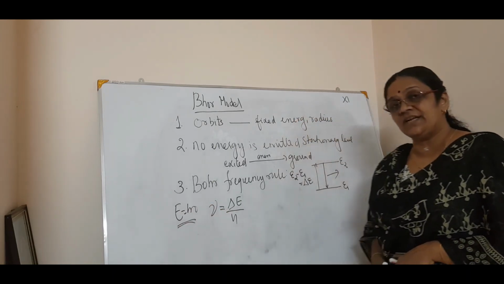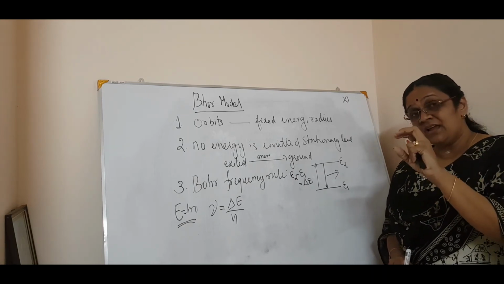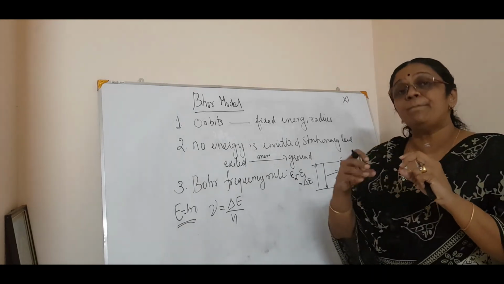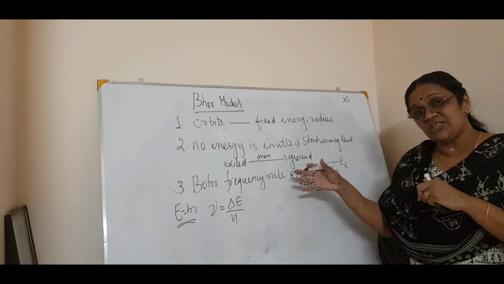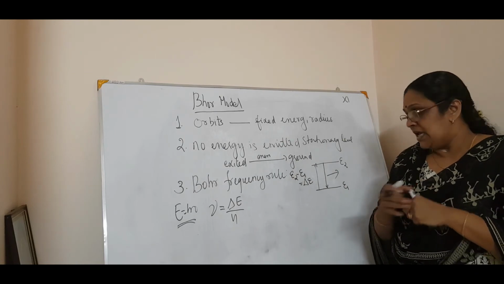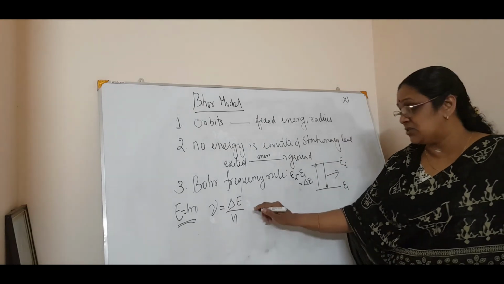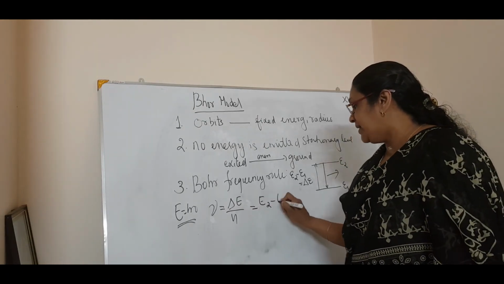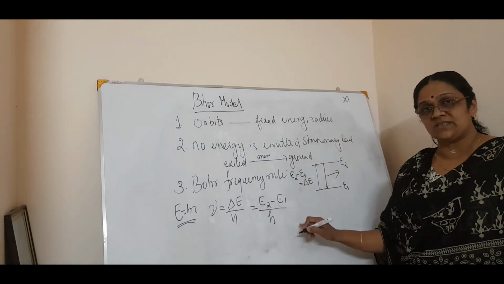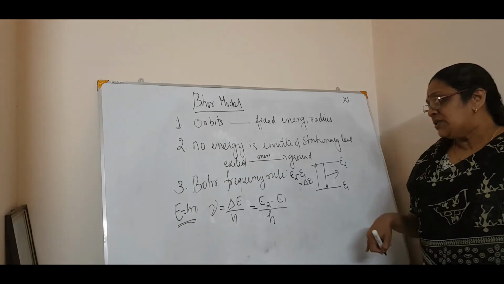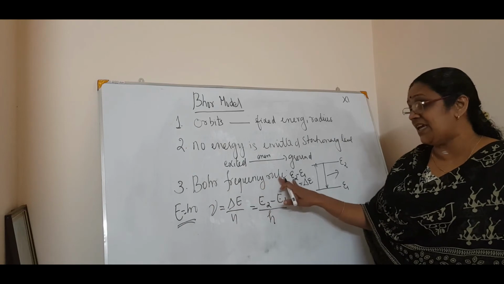Black body radiation you have studied as quanta. As we said, the energy is emitted not in a continuous manner but in packets of energy, or quantum of energy. Here the quantization concept is there. So we can have the frequency as the change in energy, E2 minus E1 by h. h is Planck's constant, 6.6 into 10 raised to minus 34 joule second. So this is how you calculate the frequency, which is called the Bohr frequency rule.